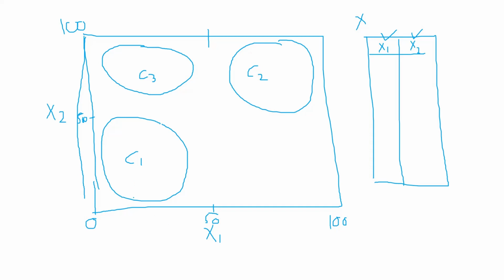So for x1 we can keep it 0 to 40. Okay, so it should lie in this first quadrant. Let's say this is my first quadrant, second, third and fourth. In order to ensure that c1 is placed in the first quadrant, I will keep the x1 value from 0 to 40, and the x2 value should be kept between 0 to 40.